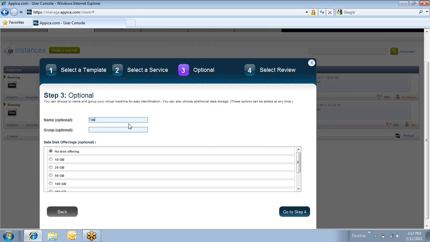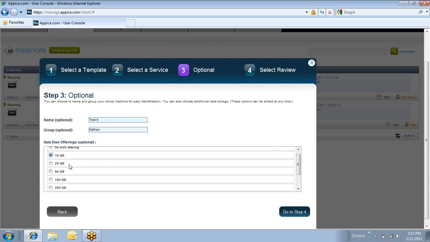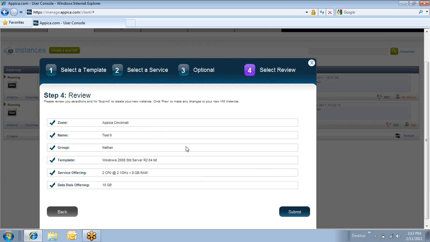We can name it, and this has nothing to do with your Windows naming convention. This is purely just for the management console to allow you to navigate a little quicker. We can add a 10 gig volume to that. I get a quick summary of what I want, what I named it, what zone, the appropriate statistics,